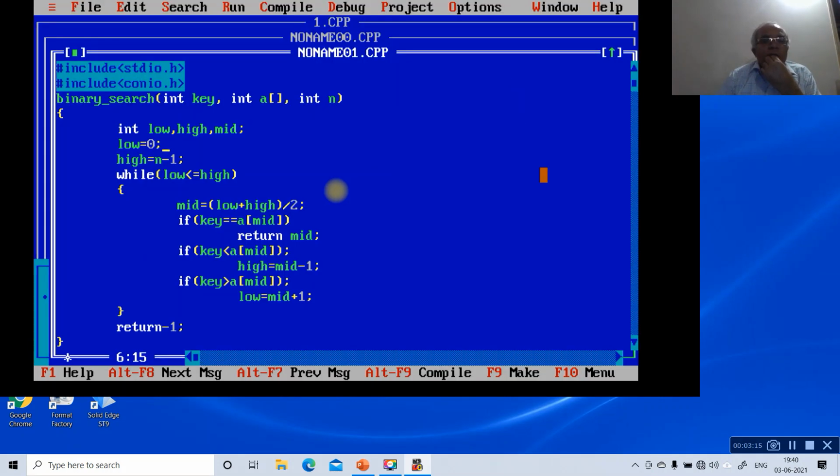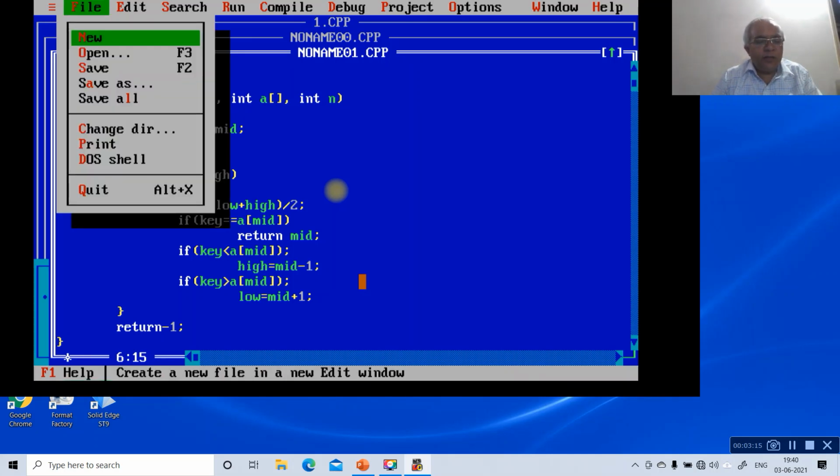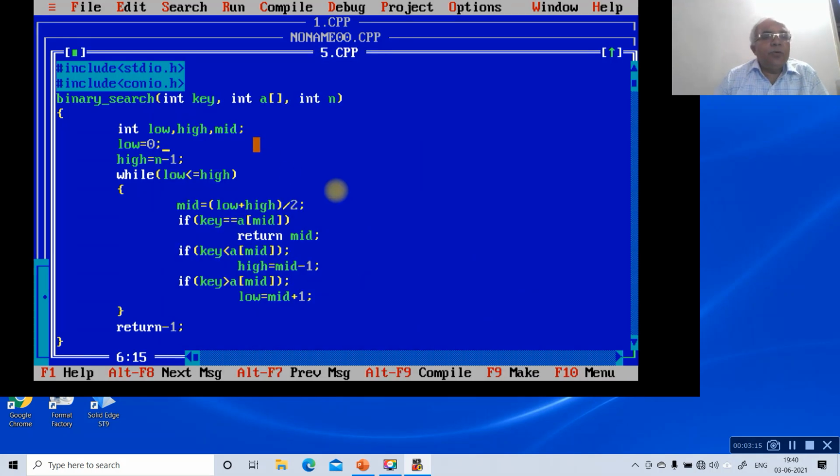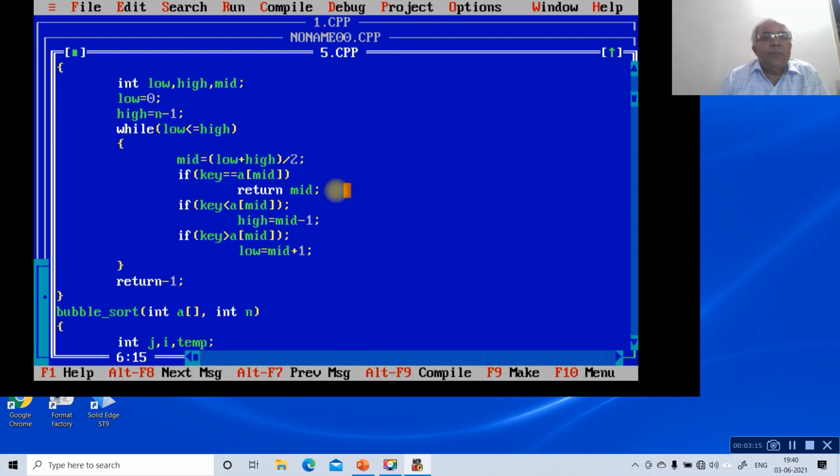Why, item not found? So there is some mistake here. Low is equal to mid plus 1. Let me save this as number 5. So in the binary search, the problem with this program is mid equals low plus high by 2.